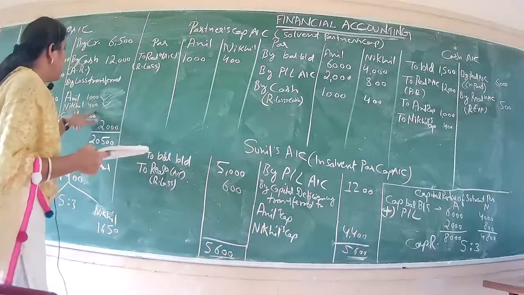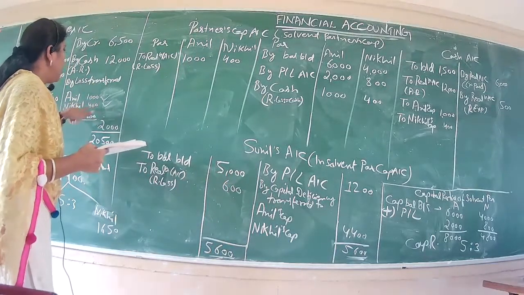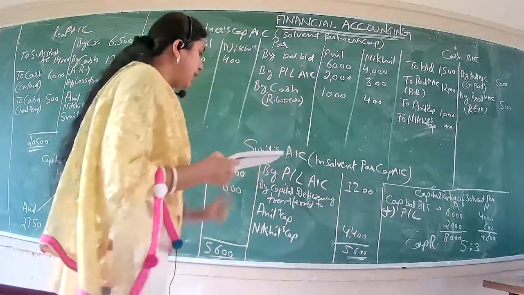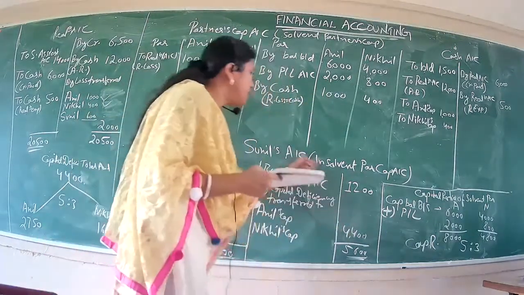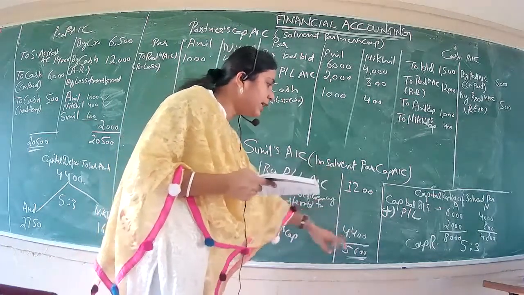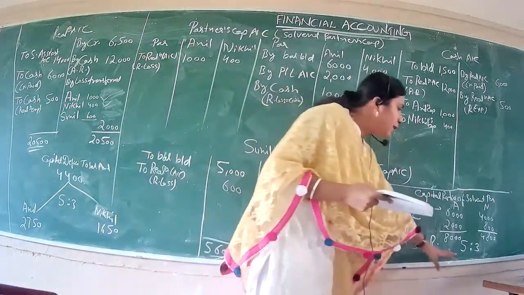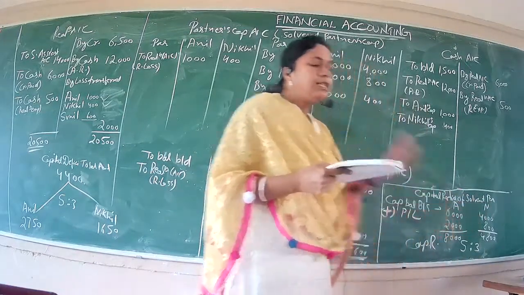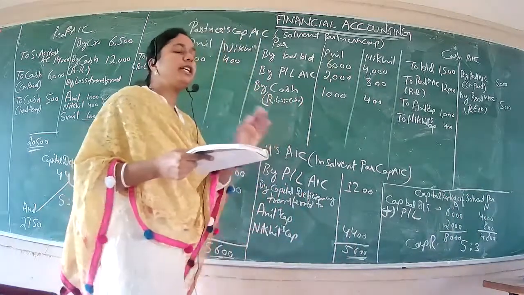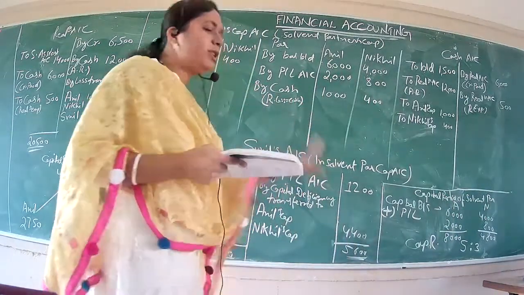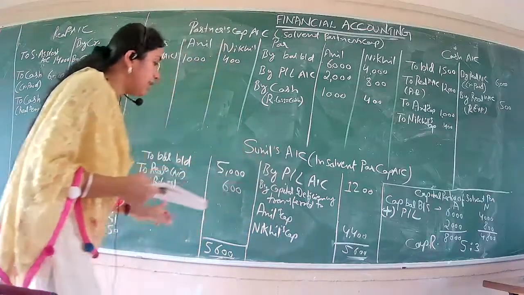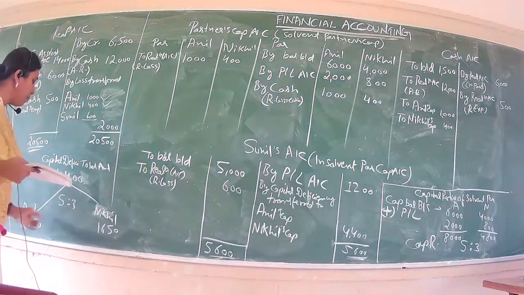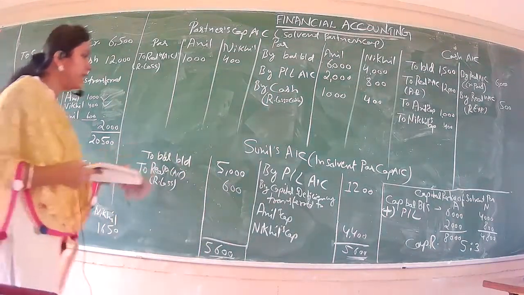One is your realization loss, how much the solvent partner is having. Equal to that, you have to bring the cash to the firm. And another is how much capital deficiency is going to arise because of the insolvency of the partner. For that, you have to first calculate the capital ratio among the solvent partners just before the dissolution of the firm, how much capital is standing, and in that ratio you have to divide the capital deficiency among the solvent partners. So now we have the amounts, we'll make the entry here.